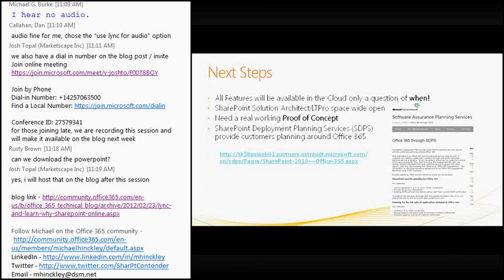And then again, with your software assurance, if you have a certain amount of days that you've earned, you can actually have 1, 3, 5, 10 or 15 days of planning services with a consultant group that can come in and help you walk through these steps. I find it's not so much that organizations can't handle it, it's just that they have so much on their plate that the research alone in SharePoint goes into days and years, and it's quite helpful to bring somebody in to help plan these things and point you in the right direction.